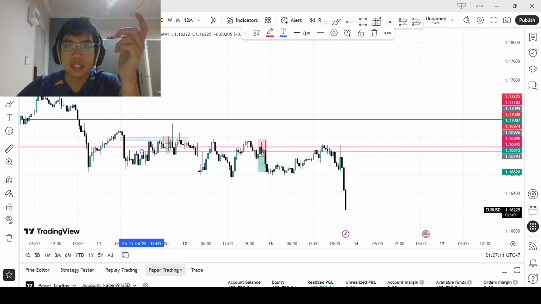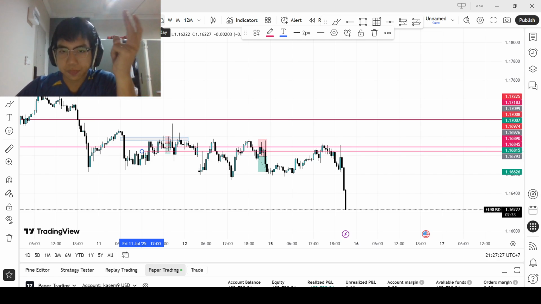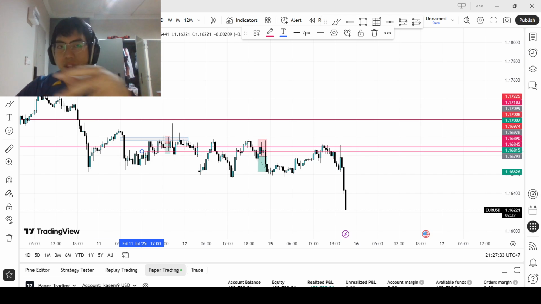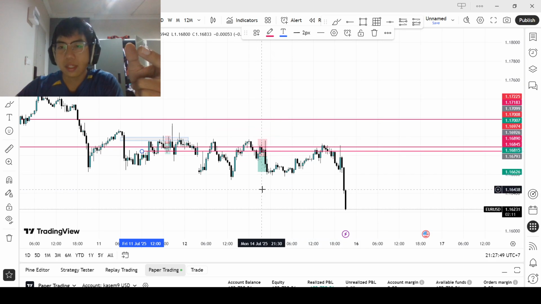So at this point, I see two high time frames that are agreeing with each other, which means I can confidently say that the market overall wants to go to the downside as it's in a bearish bias. But we have two lower time frames, the 1-hour and the 2-hour, that are in agreement with each other, but in disagreement with the 4-hour and the daily, because they're saying break of structure to the upside, we're going up.